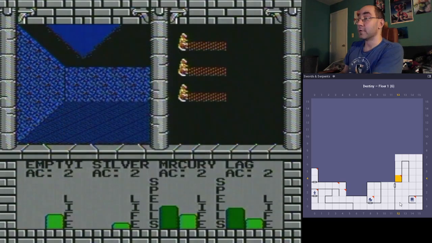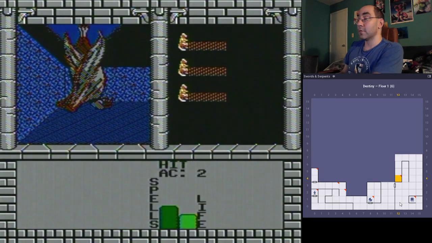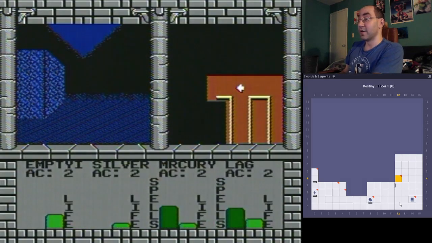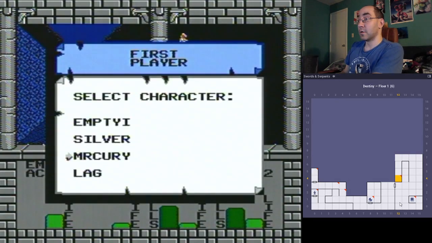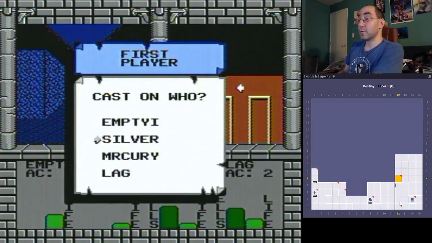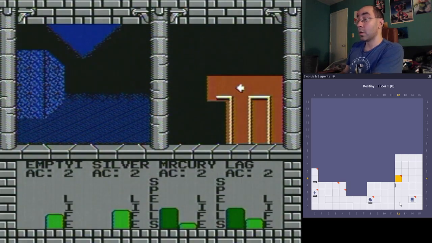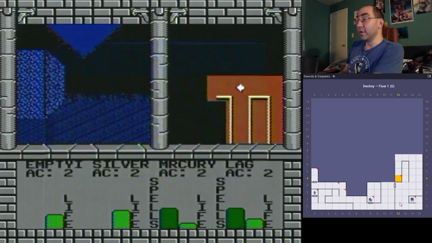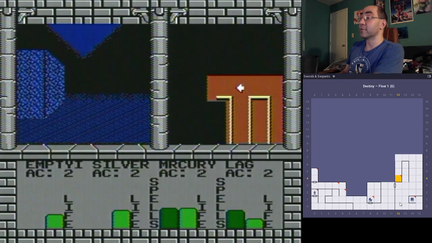Try to all run. Okay, got away. Cowards! Let's cast some heal spells here. I do like the look of this game. Like, the vertical health bars, I feel like, is kind of a cool touch. The vertical HUD. It's not something you see a lot of in,